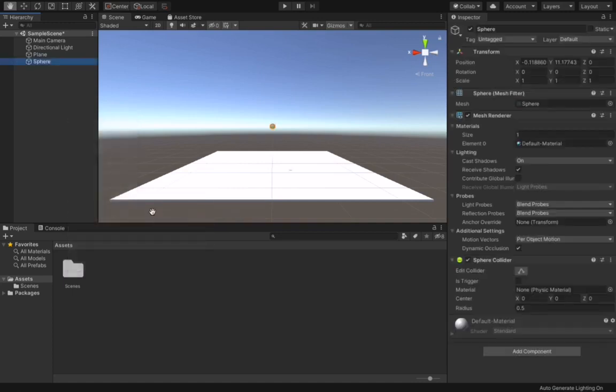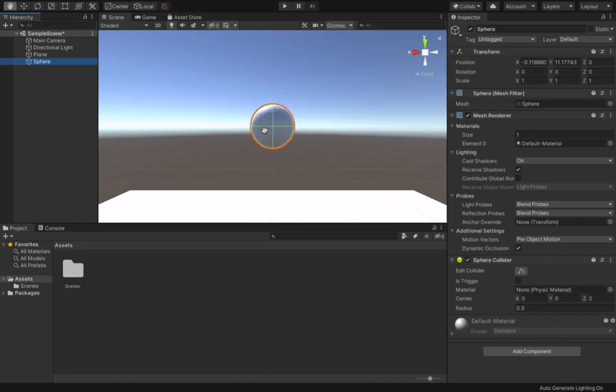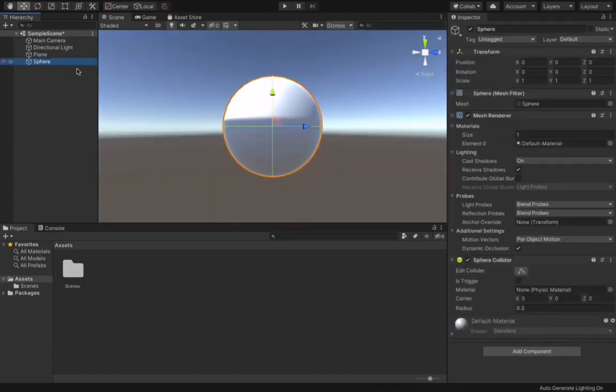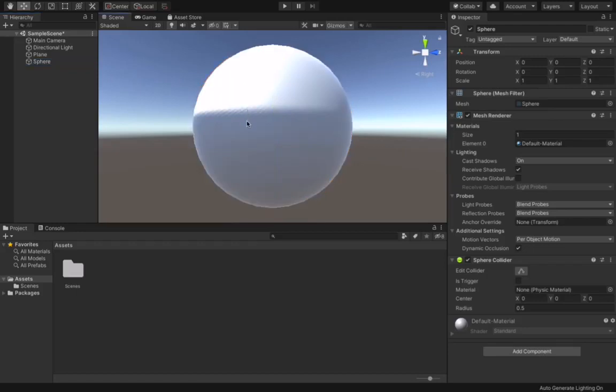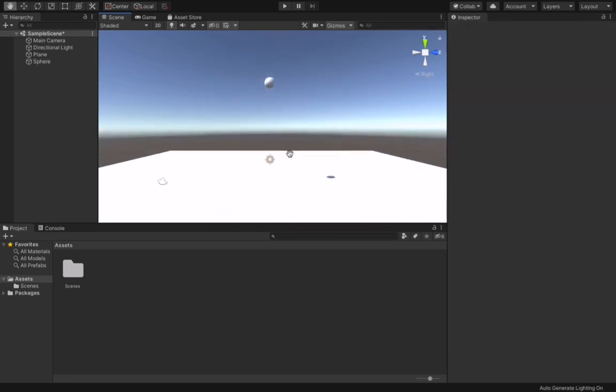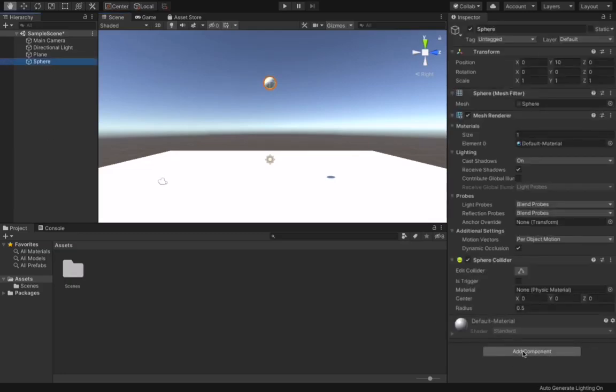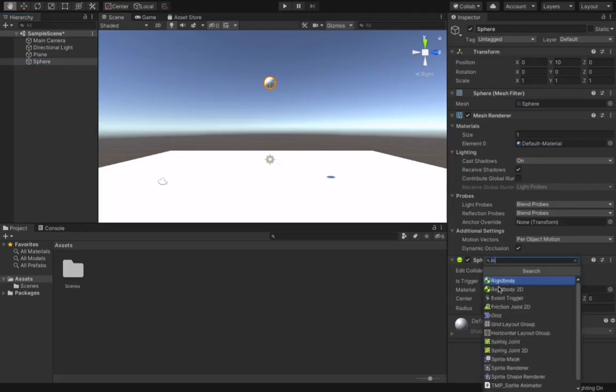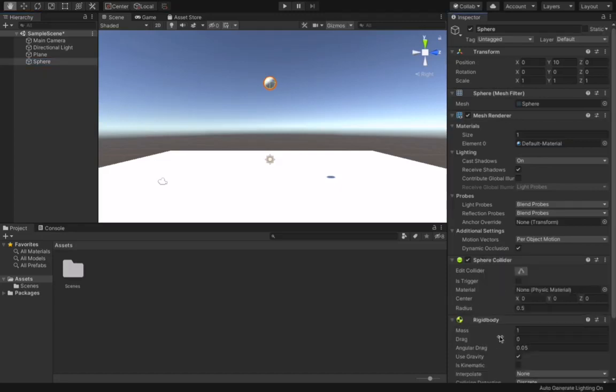Now I will add a sphere in my project. Here you can see this is the sphere. I want this sphere to be on the ground. I will lift it up a bit and we can figure out whether this sphere is on the ground or not. But there is another way which is more accurate: click on the sphere and add component. You have to search for rigid body and add it to the sphere. When you hit the play button,